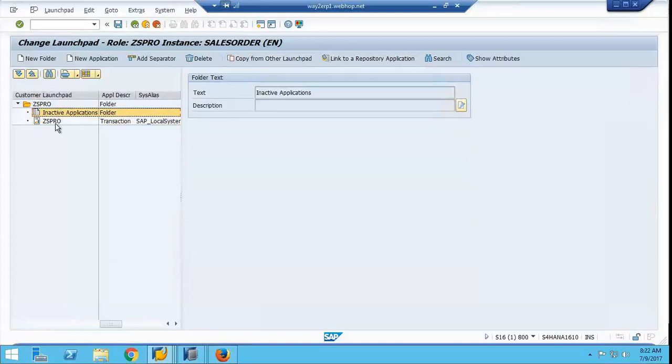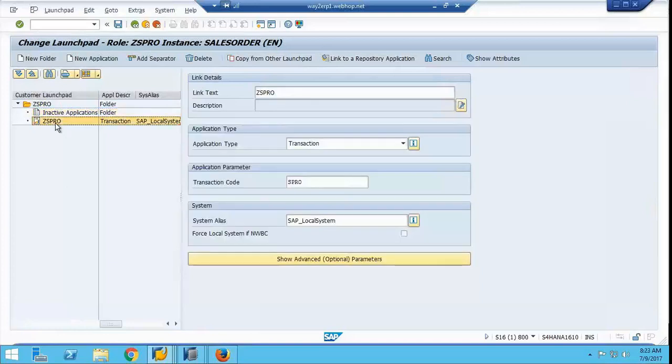Connect applications. This is related to Fiori.